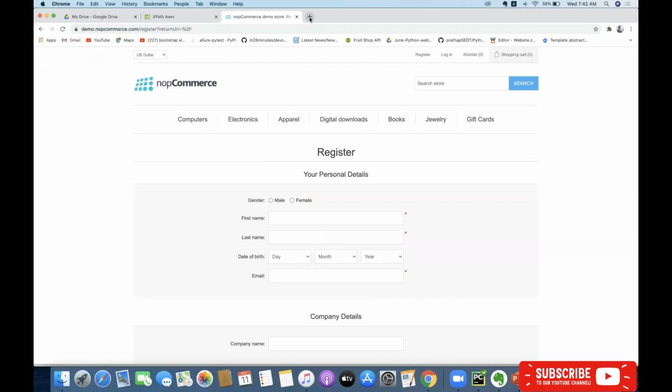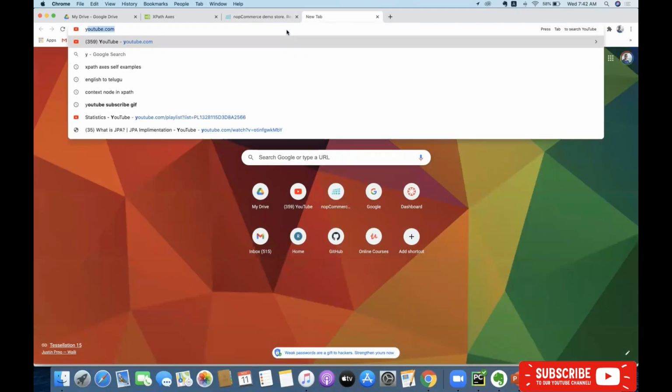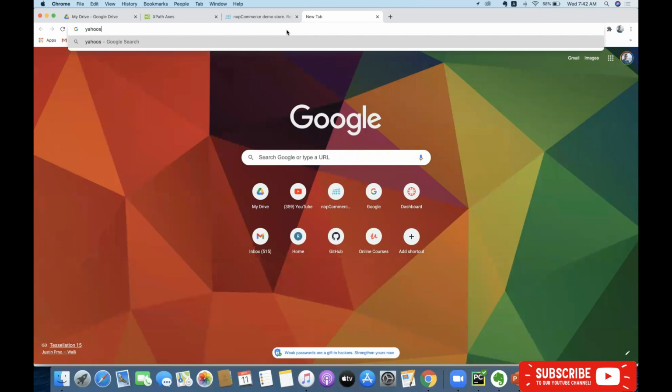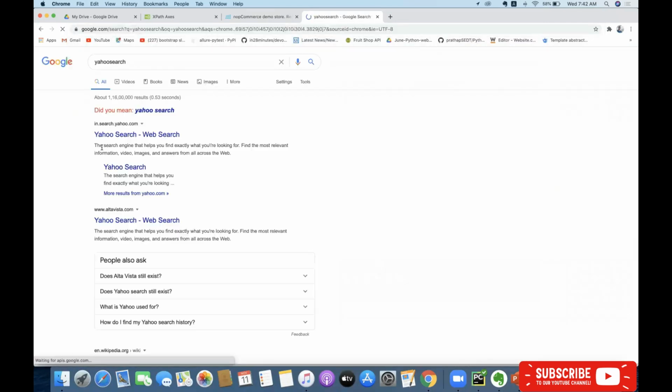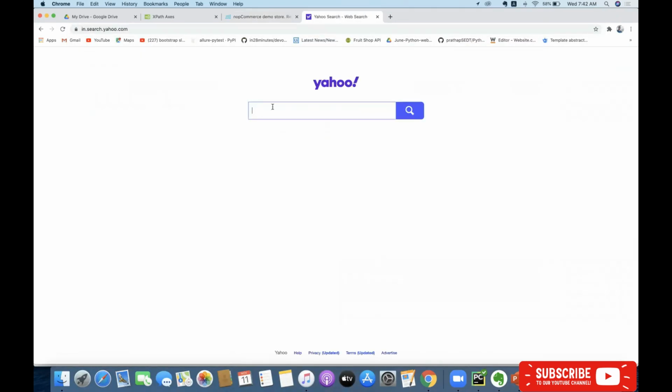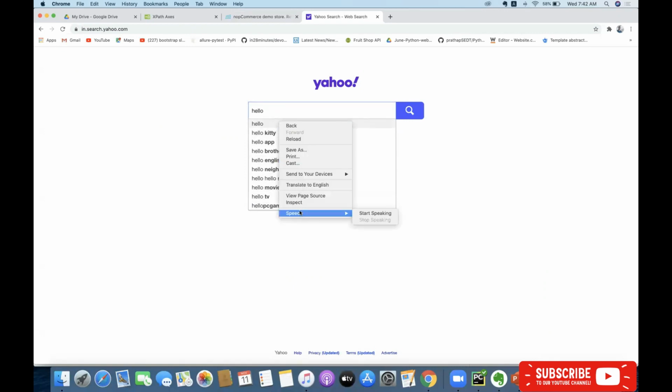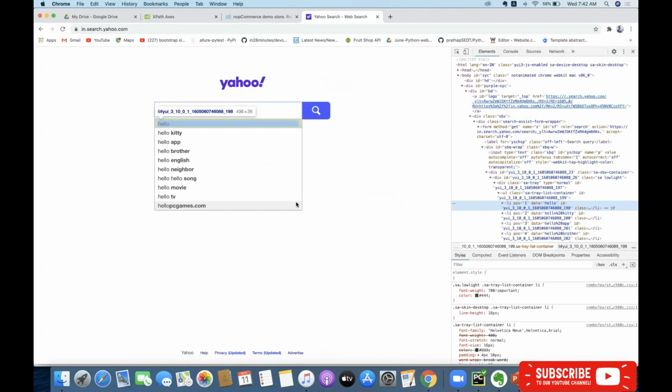Let me see a good example here. Call it Yahoo Search. Let me launch the application called Yahoo Search. Now I'm going to type something called hello. Now I want to identify the search results that are coming out here. I'll be telling you how to find these Ajax controls and how to handle your Ajax controls. So now let us see how to get the XPath of these results.